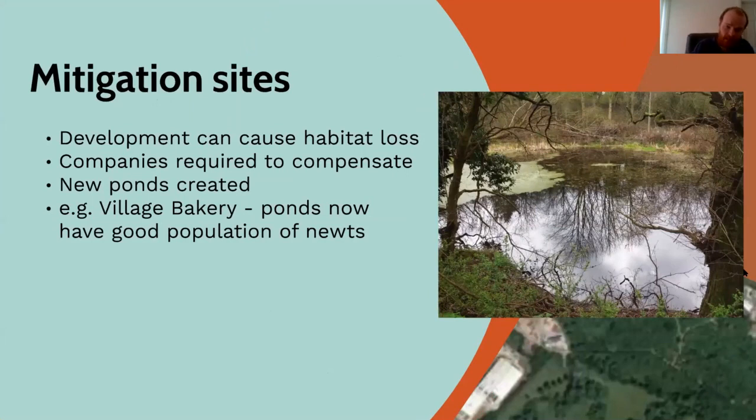And finally, mitigation sites. This is a way through the planning process that a net gain for biodiversity can be achieved. So that is, more ponds can be created when there is development than there were before, and hopefully the quality of those ponds is good. And that has to be followed up quite often with surveying, which